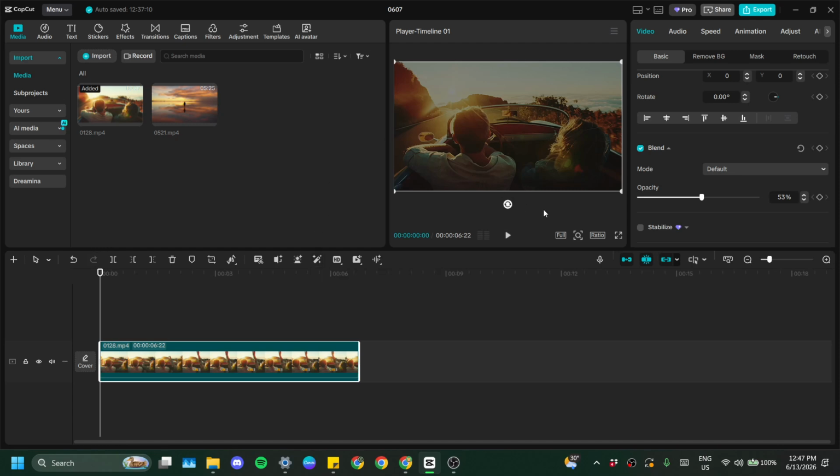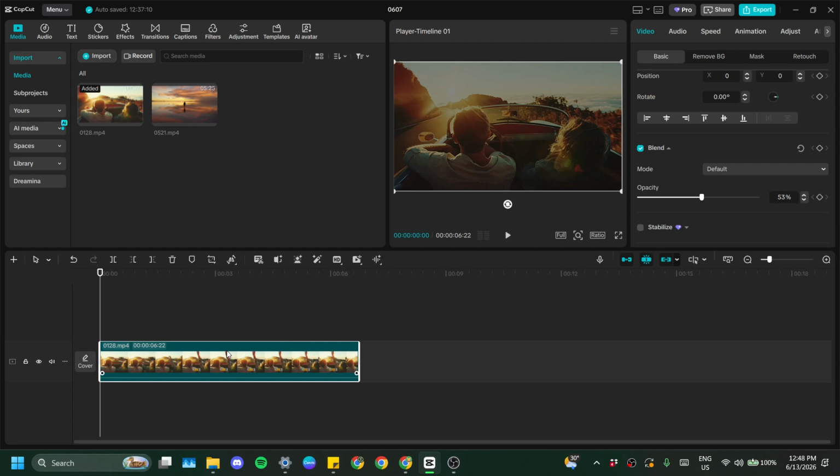To begin, look down at your timeline and find the exact video clip you want to mirror. Once you've located it, click directly on that clip one time. After you do that, you should see a clear white border appear around the clip block. That border is important because it confirms that the clip is selected and ready for editing. If you don't see the border, just click the clip again and make sure you've selected the correct asset before